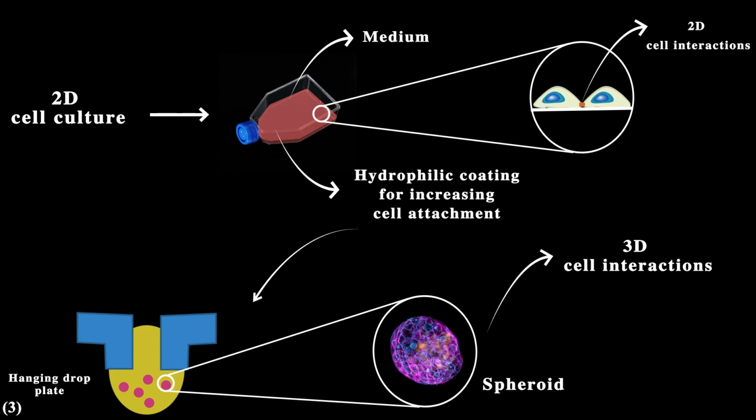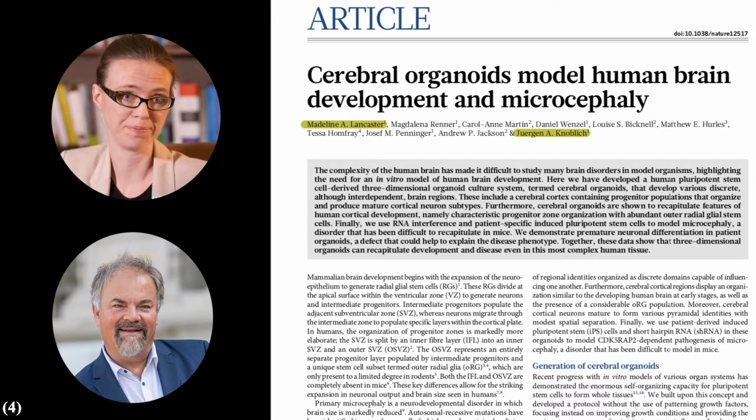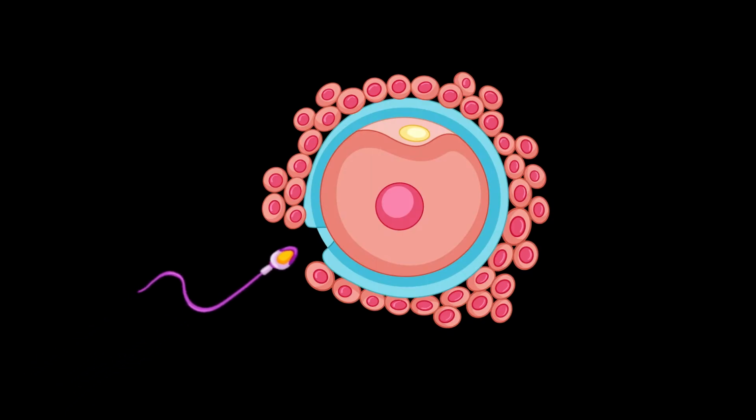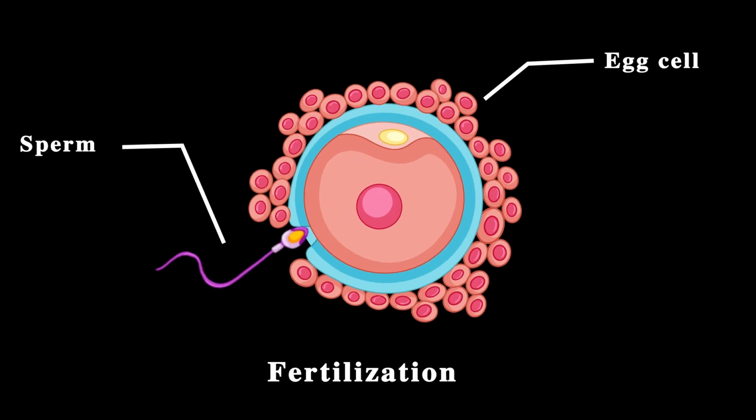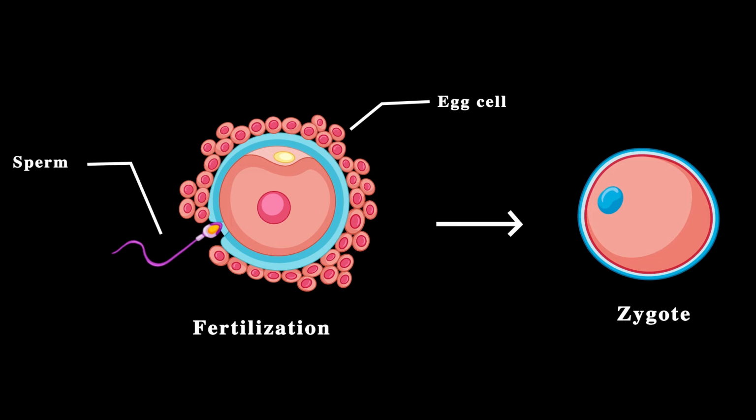Actually, this is the method that Madeline Lancaster used to start making an organoid in this paper, which I want to talk about in this video. But to understand this, first you need to understand that all of our cells in our body are made from a single cell called zygote, which is a combination of a sperm and a single egg cell in the fertilization